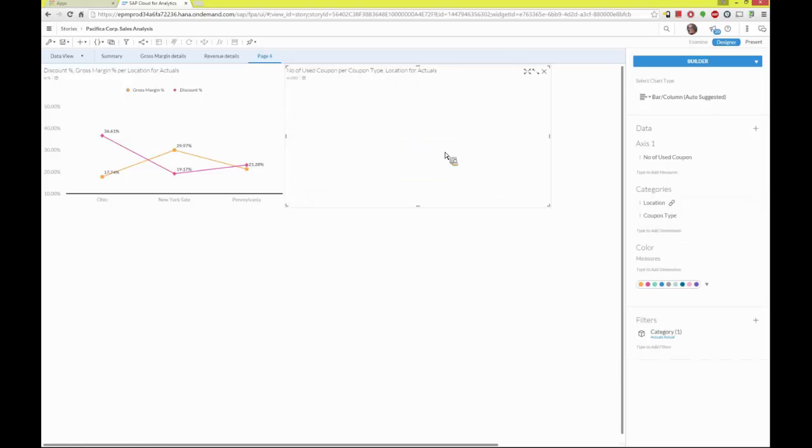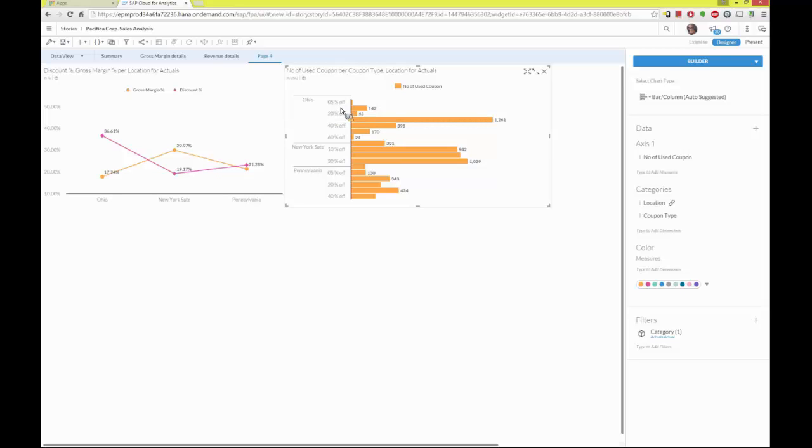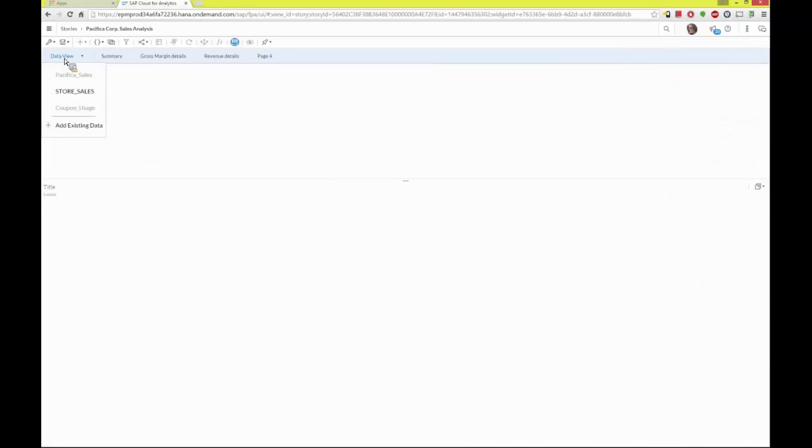This is a little bit tough to see, so let's do a little rearranging of this visualization. Let's just swap these dimensions, location and coupon type. Now this is more interesting. So it looks like in Ohio, we have different types of coupons, 5, 20, 40, 60% off, etc. In Ohio, there seems to be quite a large number of coupons being used that are higher up the scale of large percentages off, so 1261.